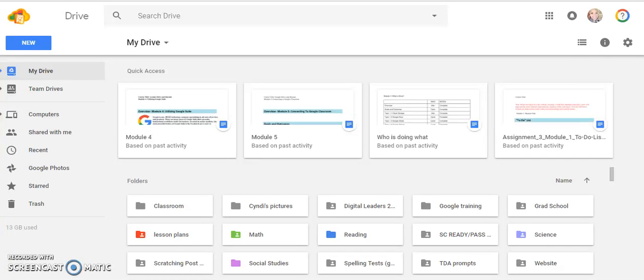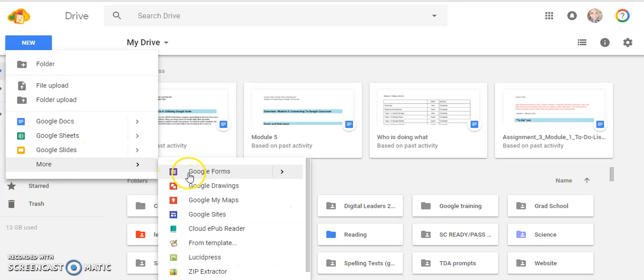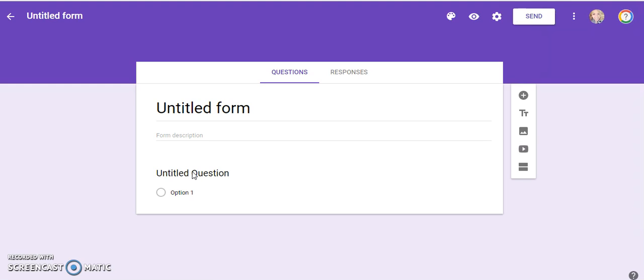In this module, we will be looking at how to create a Google form from your Drive. The first thing you want to do is go to New on the left-hand side. Google Forms usually is not in the initial bar, so you're going to have to hit More, but then it should be next on the list, Google Forms, and you're going to click that, and it'll open up a new